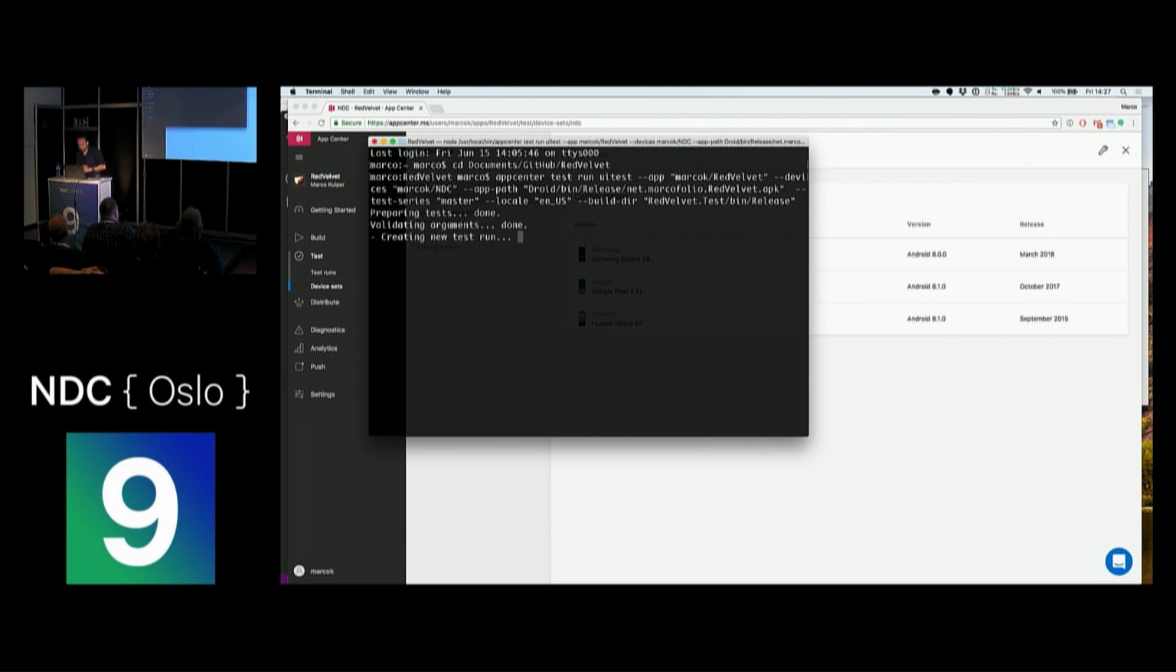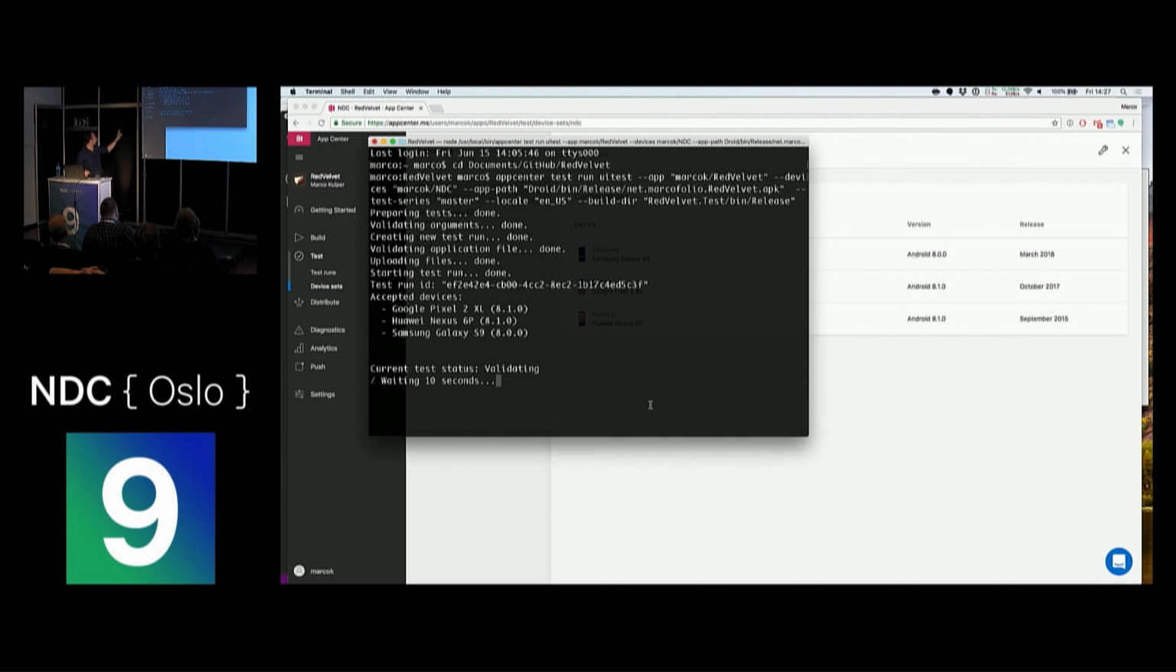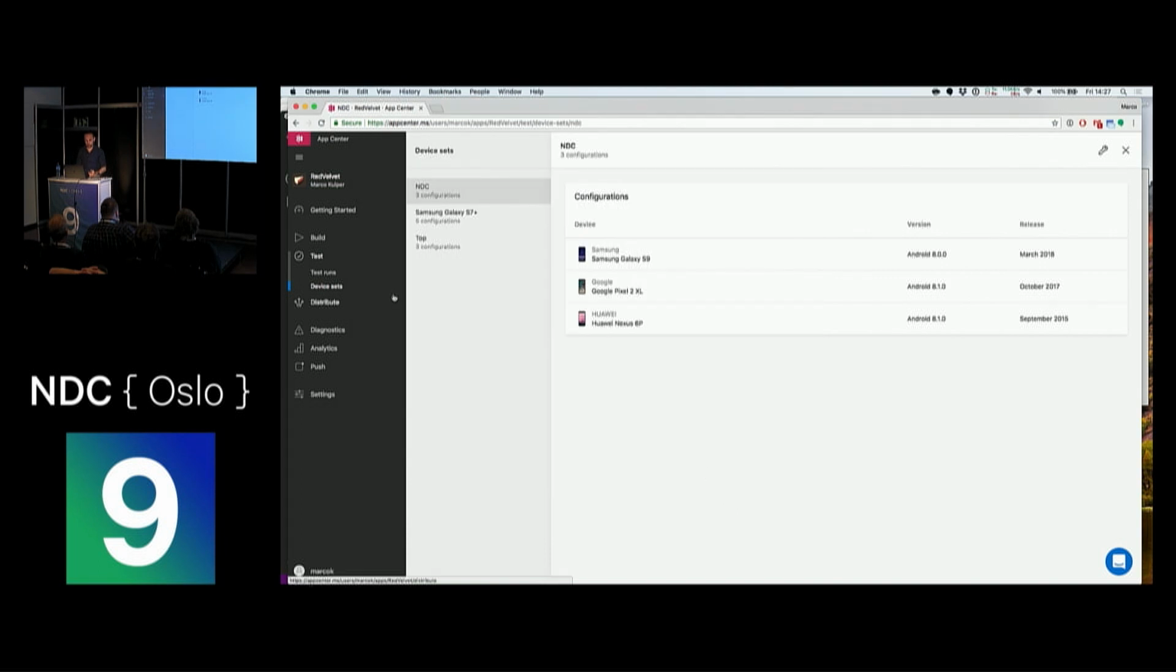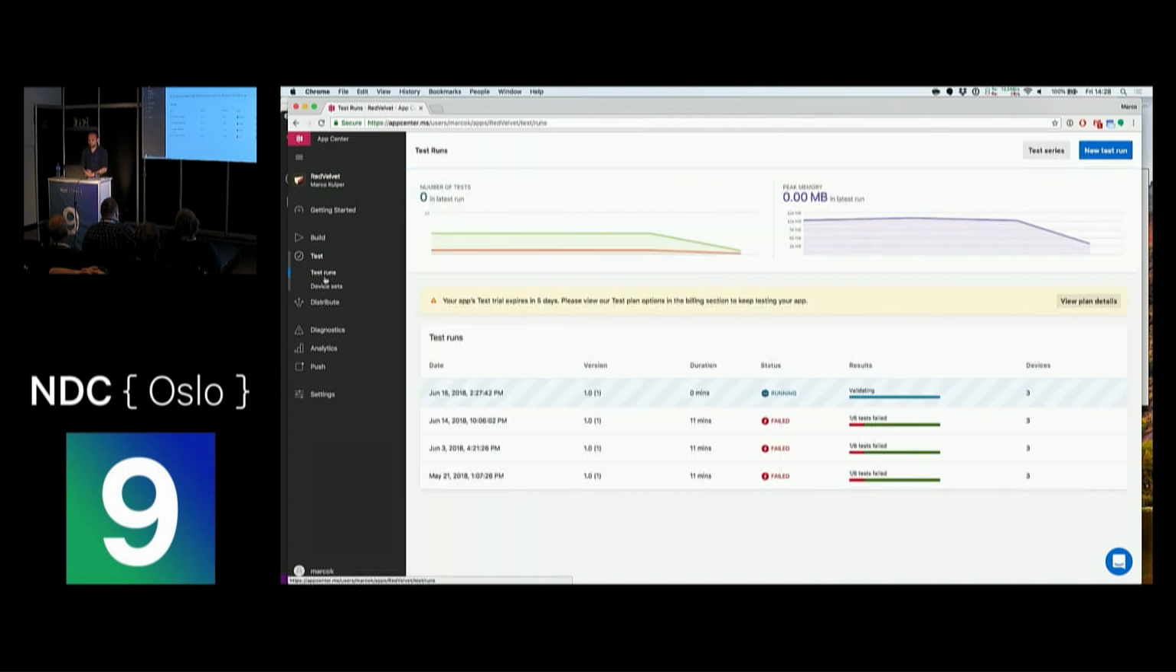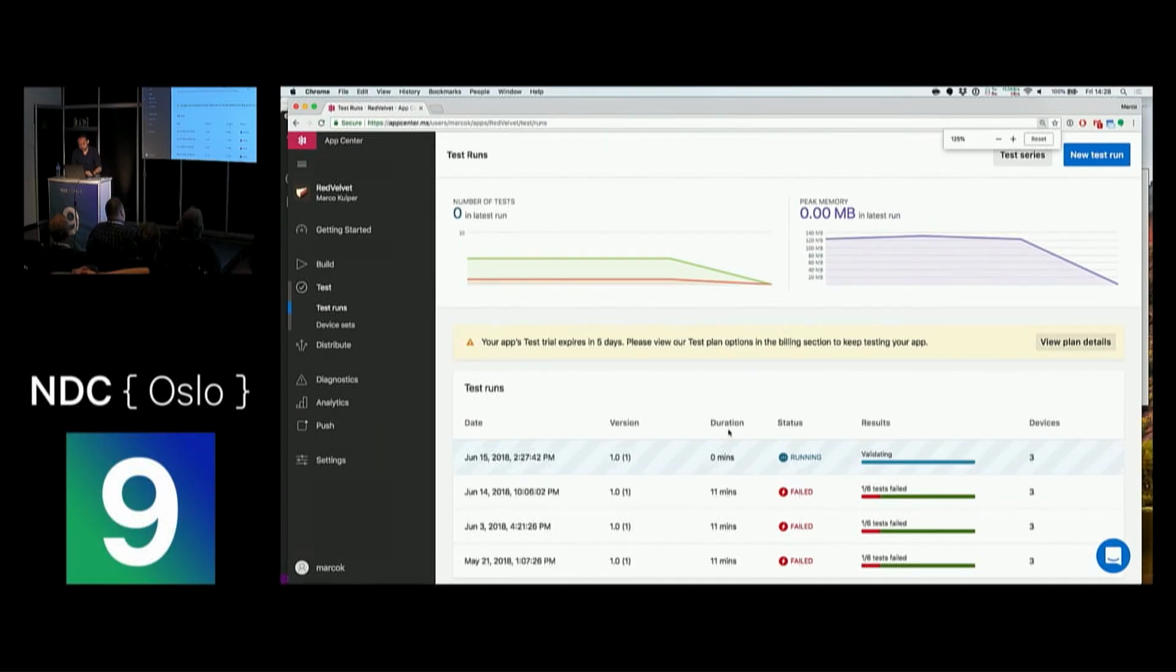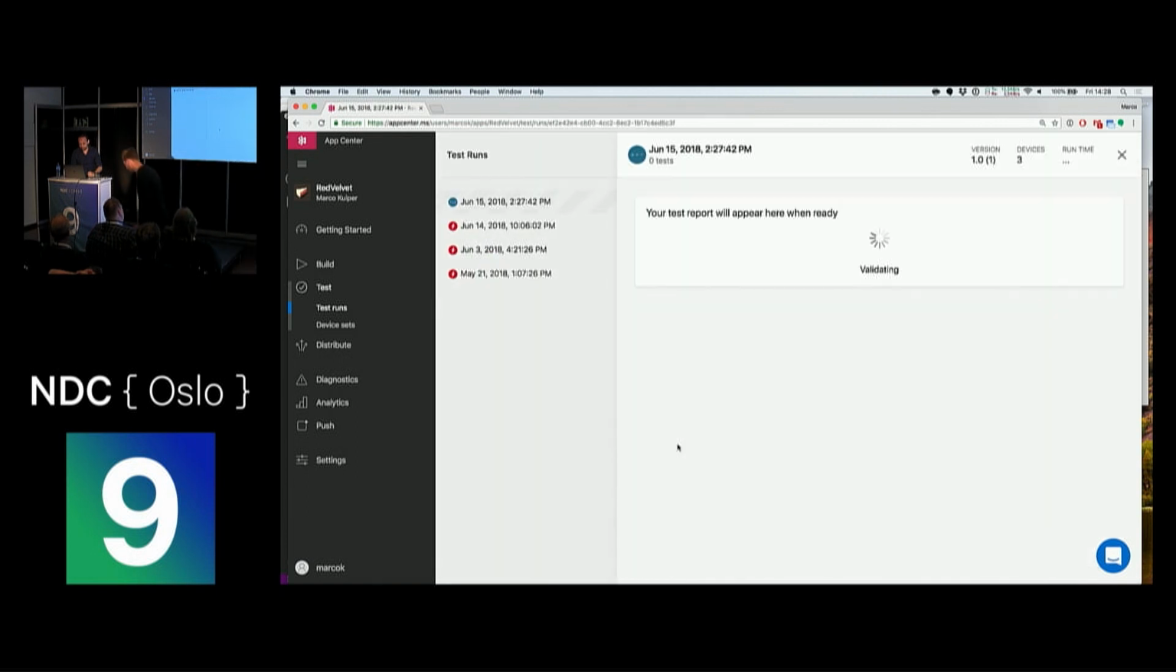Now it's going to be funky because I don't know how fast the Wi-Fi is going to be. It's going to upload right now. And it's starting the test run already. Over here you see the Google Pixel device, the Huawei that I selected, and the Samsung Galaxy. Right now, when I go to test runs within Test Cloud, I would expect to see, I'm currently on a trial, it doesn't really matter because you can just execute them. Over here, we see that the test is running. So your test reports will appear here when ready, and because it's 3 devices,